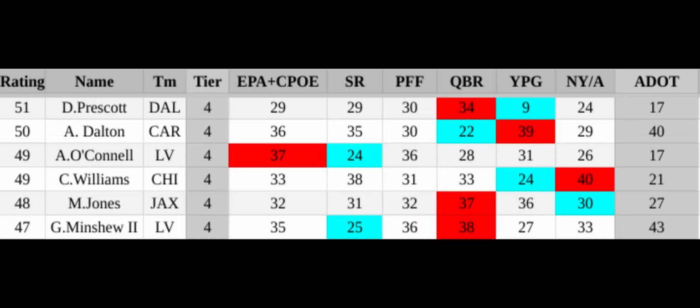But with that said, we get to Dak Prescott, the alpha of this tier. I think if you're a Cowboys fan, you've probably already tuned out. But Prescott, I'm not putting too much weight on this year. He played a very limited sample size with a team that was not set to help him succeed. They were 23rd in pass blocking grade per PFF.